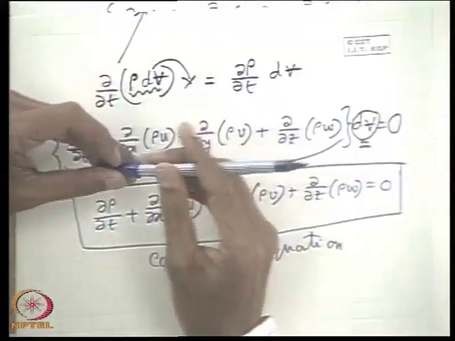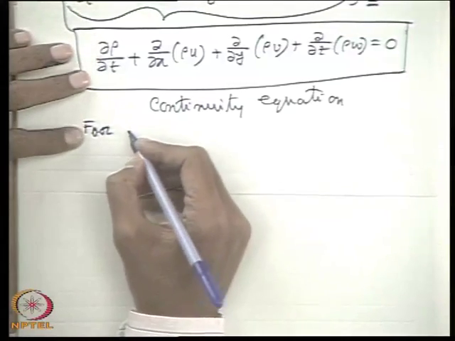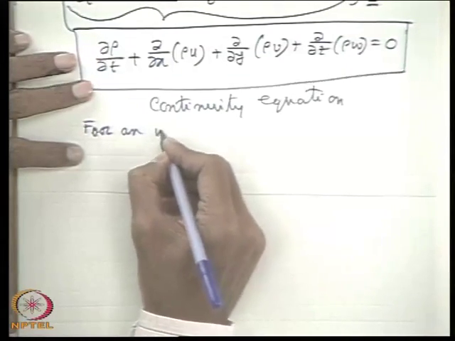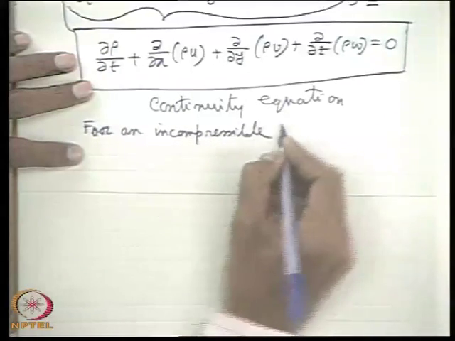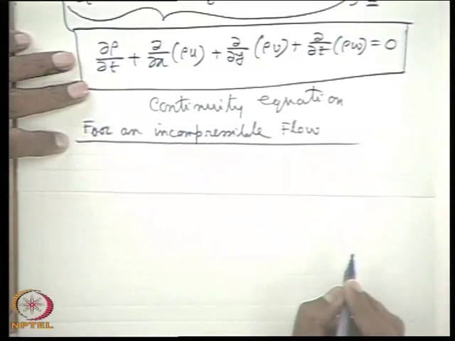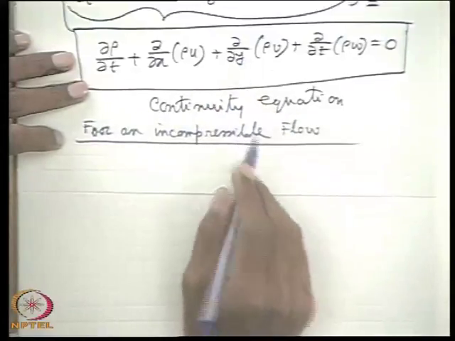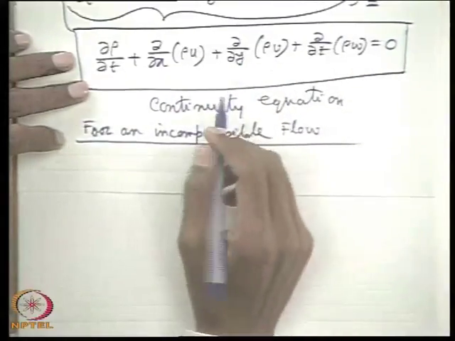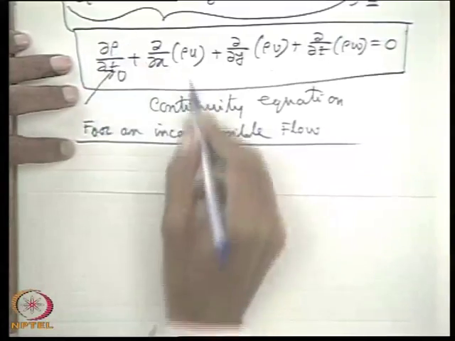Now a special case: when the flow is incompressible. We are not interested in whether the fluid is incompressible or compressible; we have already recognized that we are interested in whether the density changes in the flow or not. For a flow where density does not change, with Mach number below 0.33, density is invariant. Density is not a function of x, y, z, and similarly the time derivative becomes 0 and rho comes out.